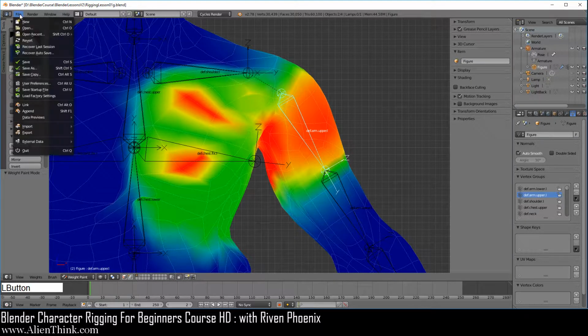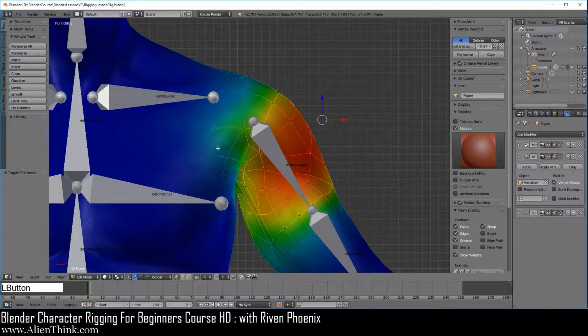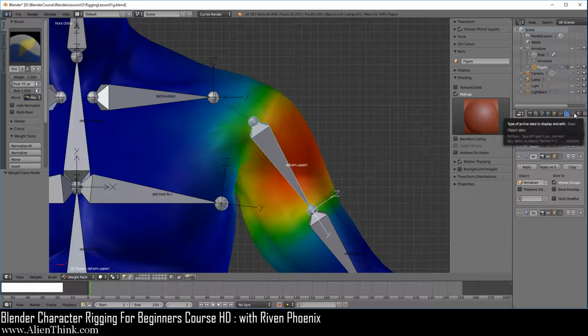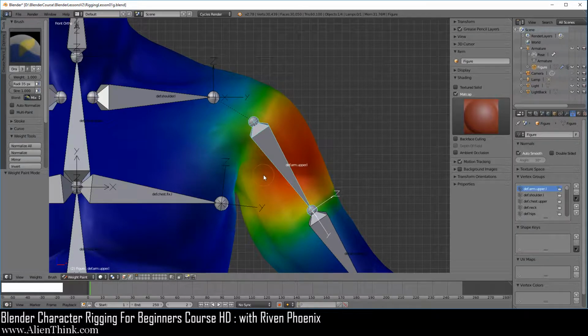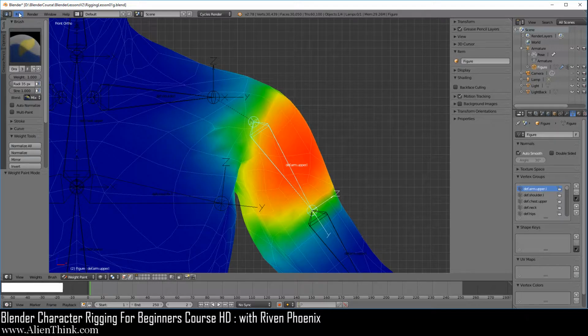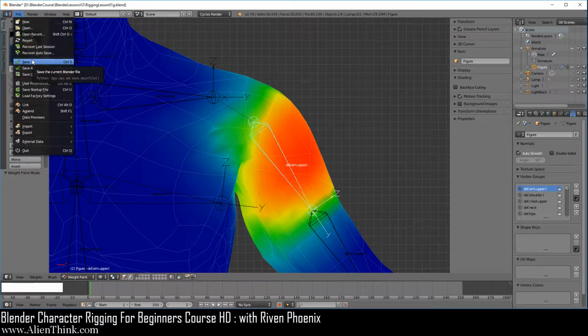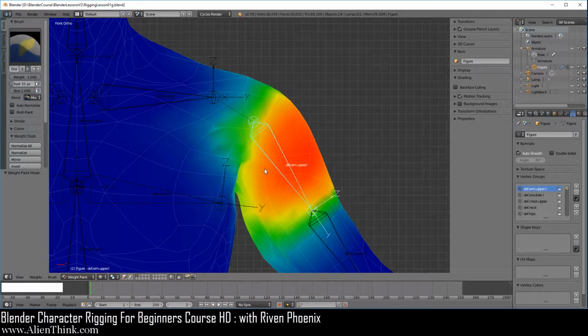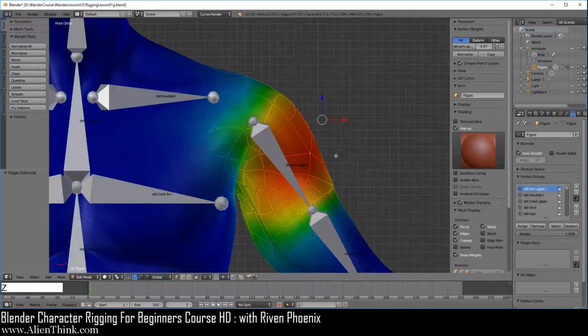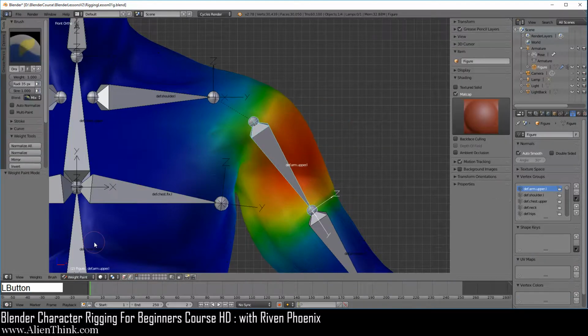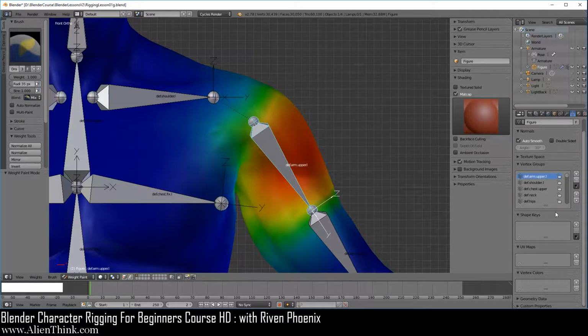So go ahead now and reload this file, and now let's switch to weight paint mode and make sure that this is on the data tab and press the Z key. Now let's go ahead and just save this so we don't have to keep switching back. So now you understand this concept, right? Now notice that when we are in edit mode, press the Z key to go into solid view. When we click on this vertex, you'll notice that we have access to these buttons. But when we switch to weight paint mode, we don't have access to these buttons.